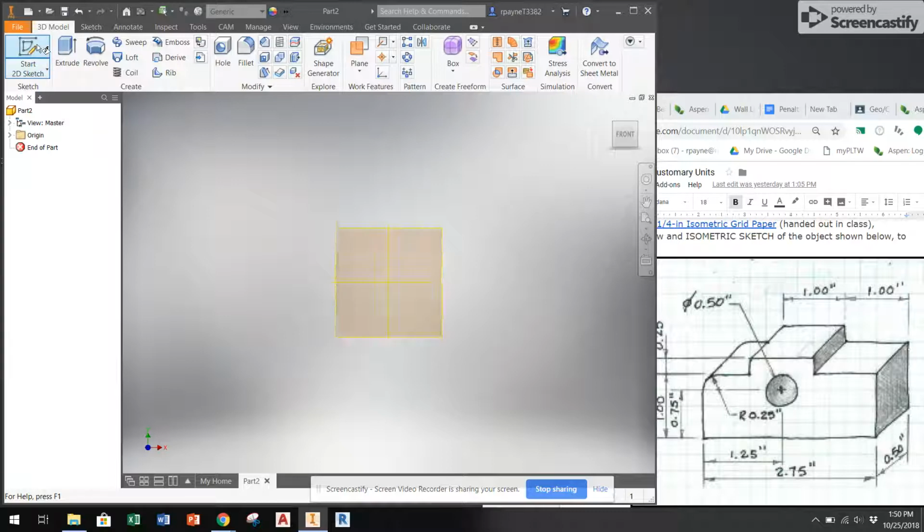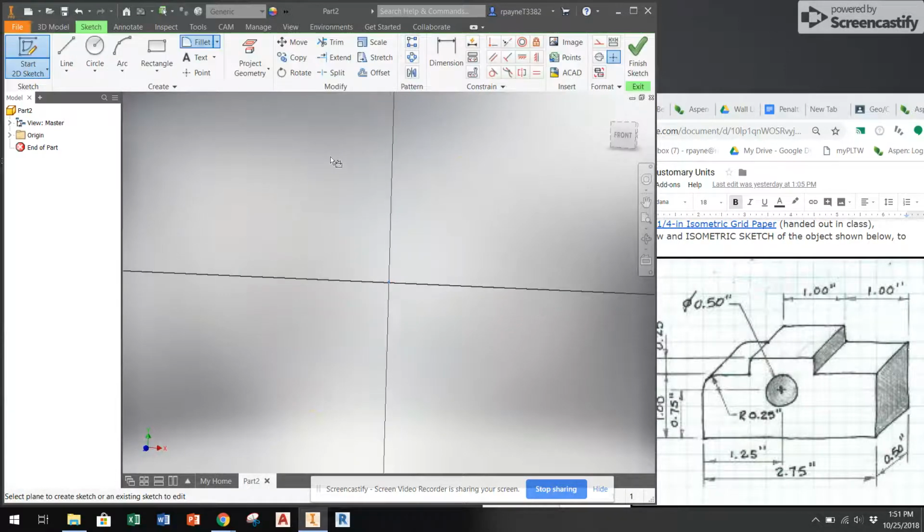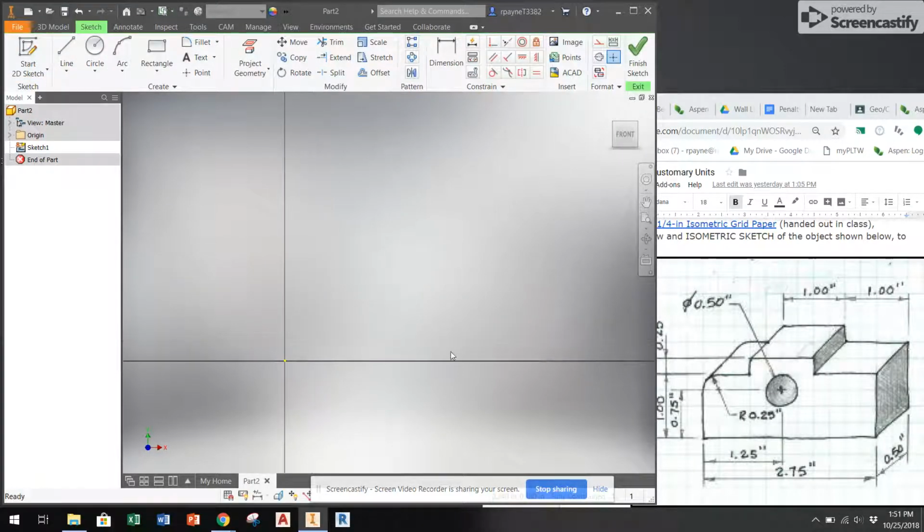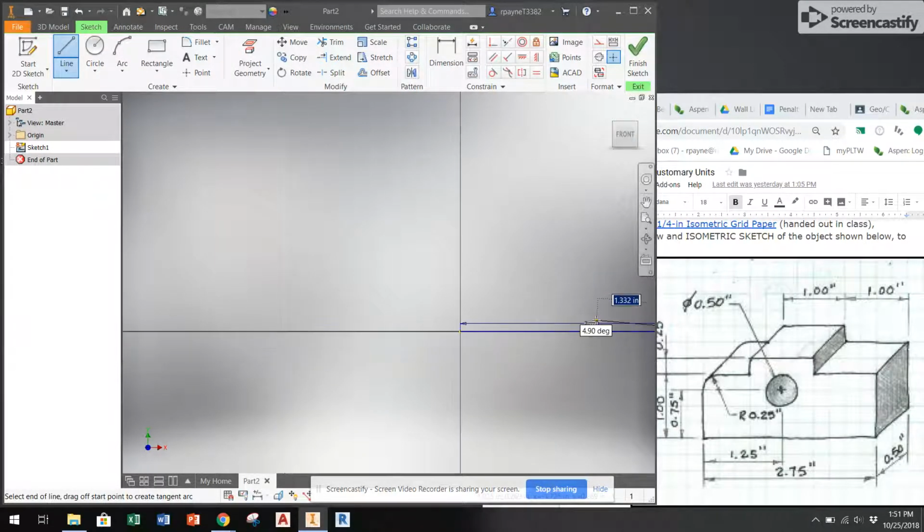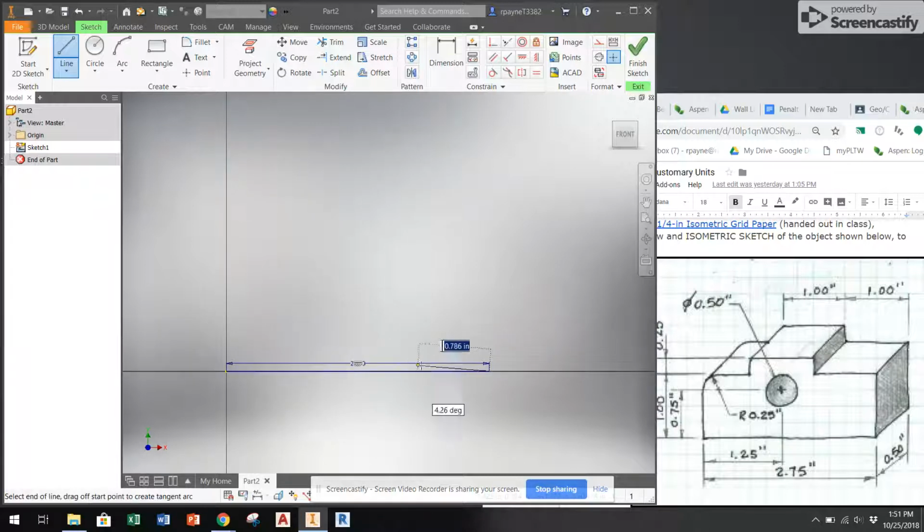If I start a new 2D sketch, I'm going to go against the XY plane. I'm going to move the origin. I'm going to put this point right here as my origin. So I'm going to start a line command and go along the bottom edge. Start at the origin and go along the bottom edge. See along the bottom edge, the measurement is 2.75 inches. So I'm going to type in 2.75, hit enter, zoom out a little bit, pan back over,